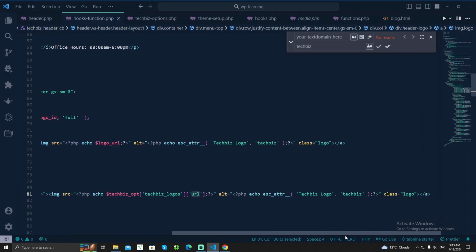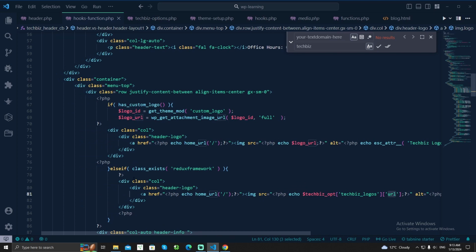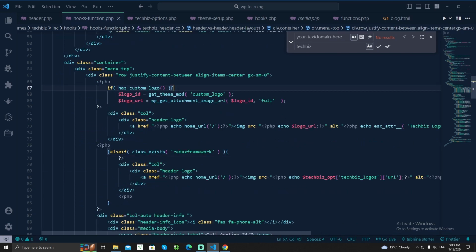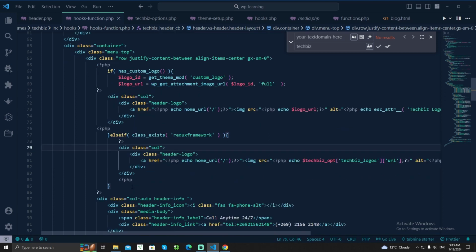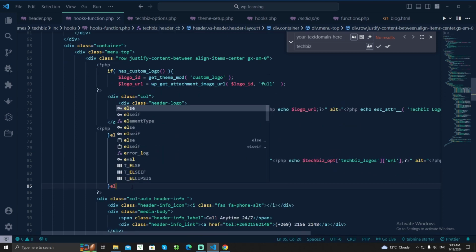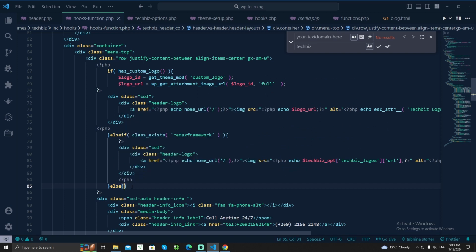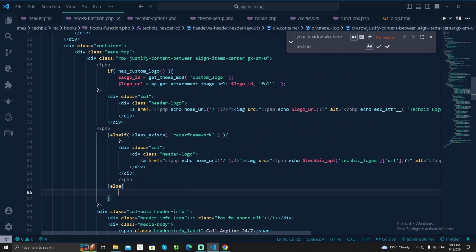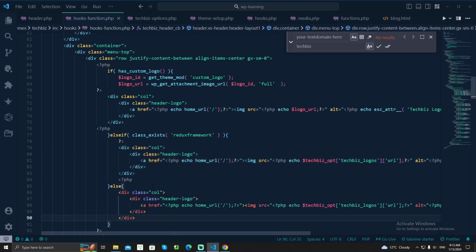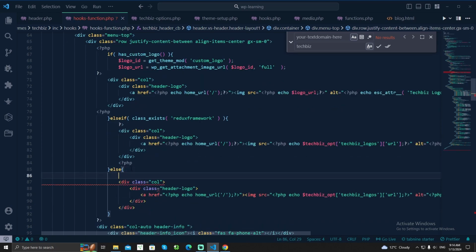It's pretty fun. Now it's time to do one more thing. Suppose you haven't set the logo from WordPress, you haven't set the logo from the Redux framework, or the plugin is not installed. What will you do? You will give another condition here: else, if these two conditions are not working, then we'll have another thing, that is this one. So inside the else condition,